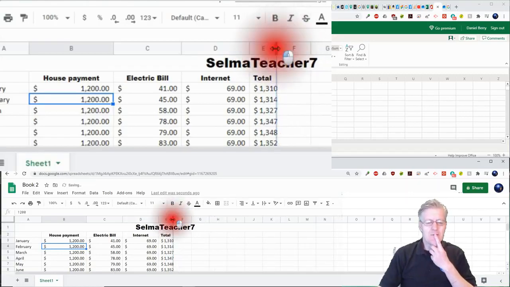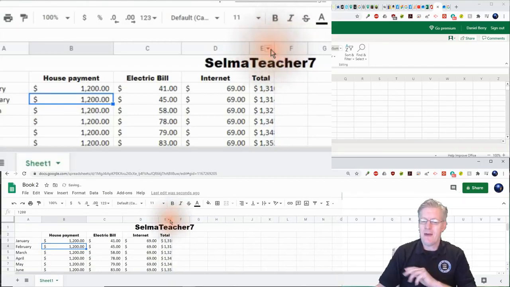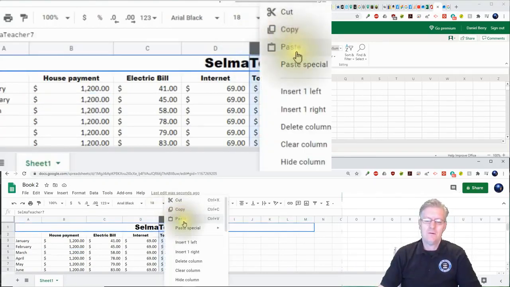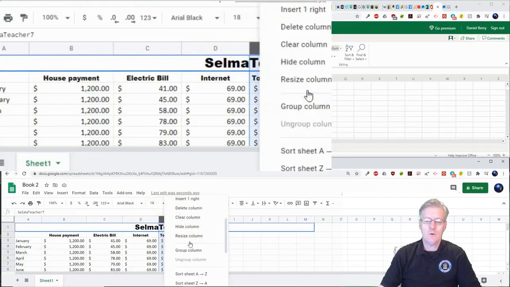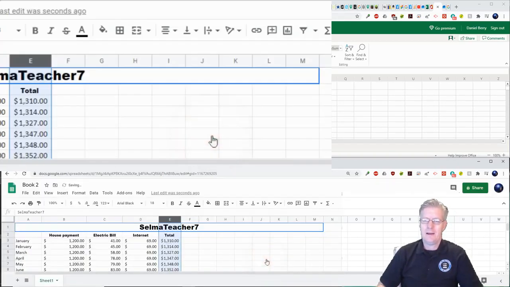about that. And then I remember teaching in my class, I said, now if you have that happen, all you have to do is right click on the top of that column. So right there where you see it's column E, just right click it, and now go down to where it says column width, or resize column. So there's resize column. Click it, and it comes up here. So here's my little window that I'm seeing, and what I want to do is notice what it says. It says fit to data. So I'm going to click on fit to data, click OK, and it does that.